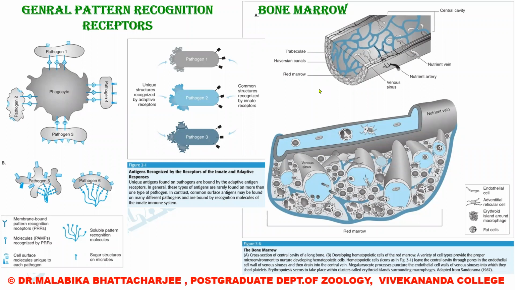Now I just wanted to show you the structure of bone marrow from this book. This is the bone marrow. This is the red marrow part, the mesh-like network, and we have the sinus venosus here. These are the nutrient arteries. The red marrow part is shown here in greater detail. I'm not getting into the details of the bone marrow because we have done this structure earlier, so I'm moving on to my next slide.